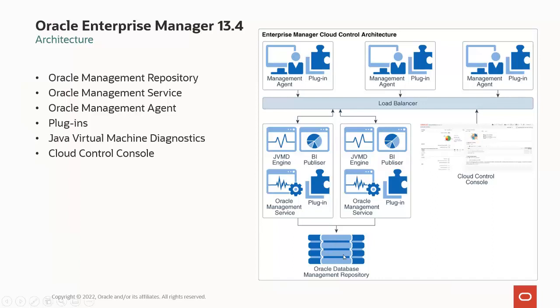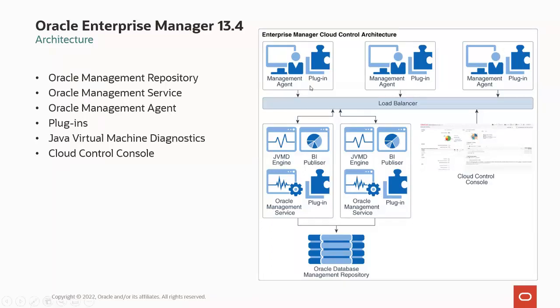On top of the Oracle database is where we have the Oracle Management Service. The Oracle Management Service contains all the code for Oracle Enterprise Manager, all the REST APIs, EMCLI commands, the Oracle Cloud Control Console, all the plugins, the JVMD engine, and in Enterprise Manager 13.4, it also contains BI Publisher, okay? We can have a load balancer. On top of that, we can have as many Oracle Management Services as we need in order to have high